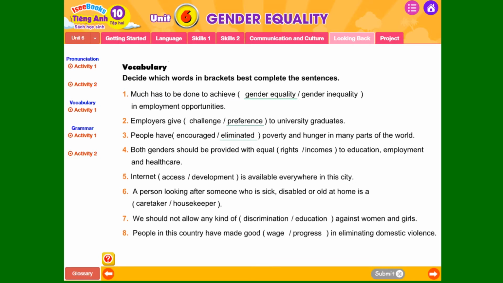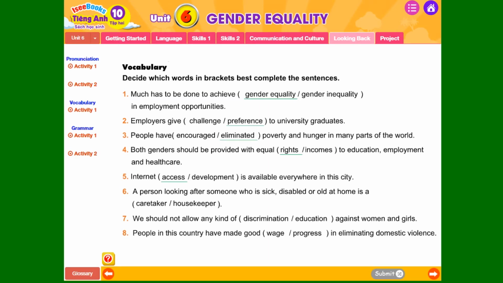Number 4. Both genders should be provided with equal right or incomes to education, employment, and health care. So number 4 is right. Number 5. Internet access or development is available everywhere in the city. So number 5 is asset. Number 6. A person looking after someone who is sick, disabled, or old at home is a caretaker or housekeeper.